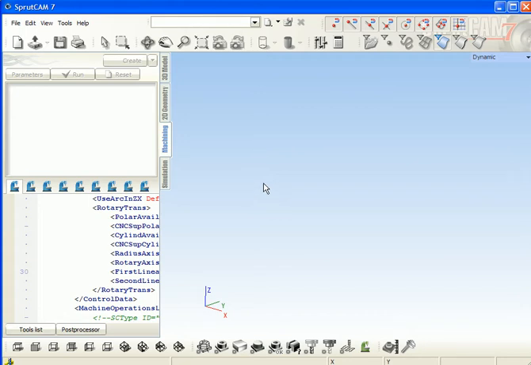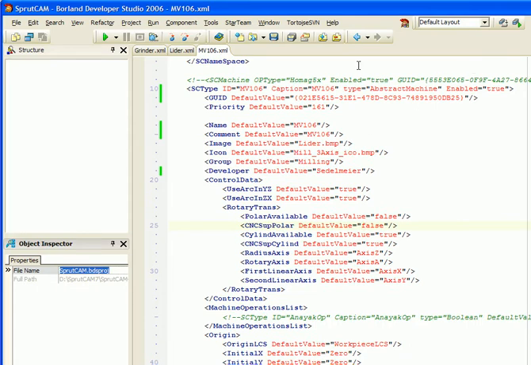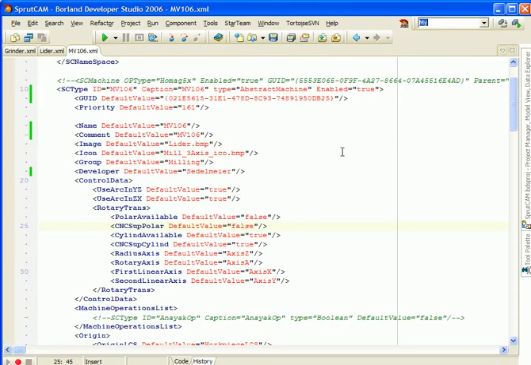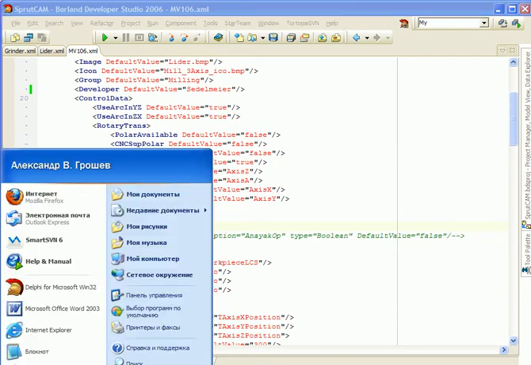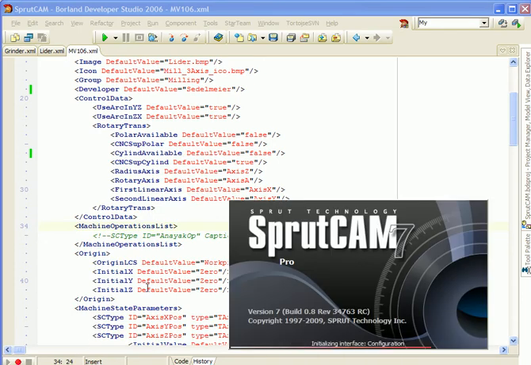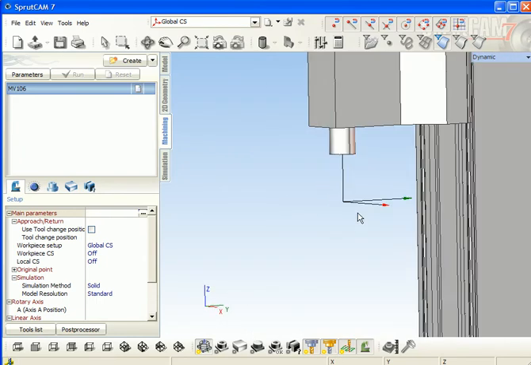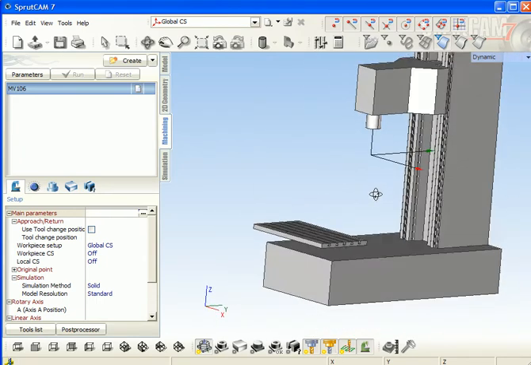So SprutCAM crashed because we have some bad parameters for the cylindrical interpolation. Close it. Disable cylindrical interpolation and try to run again. Well, we can see our machine, and